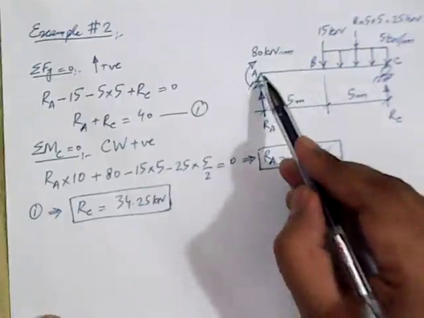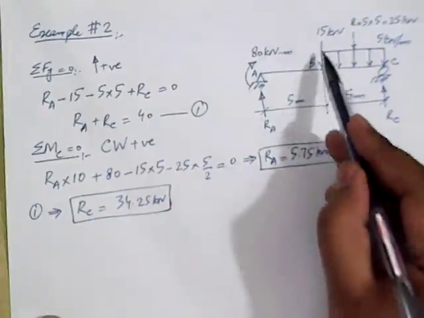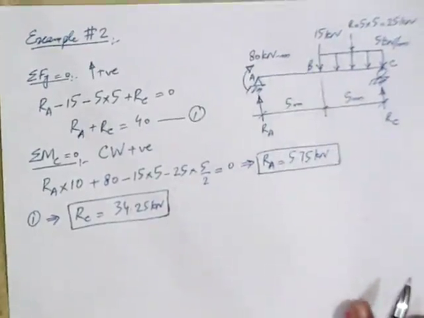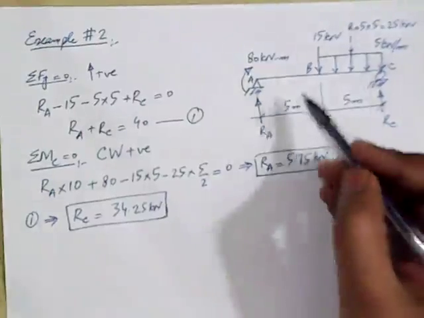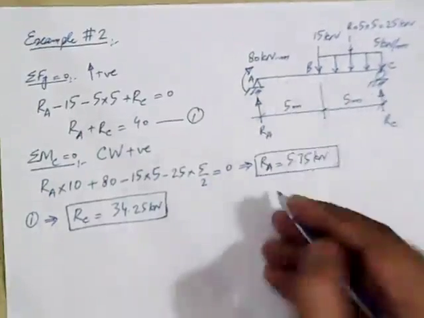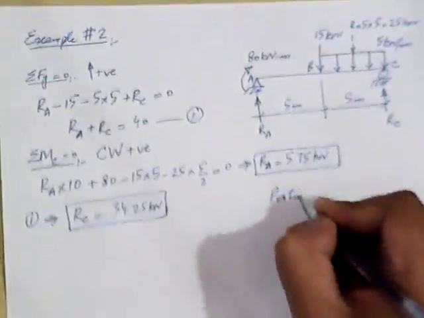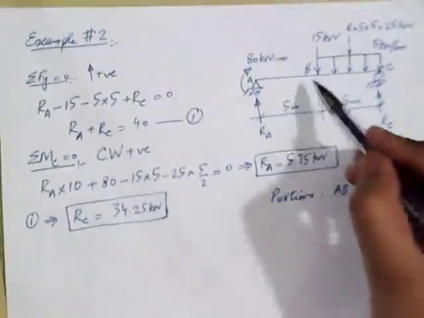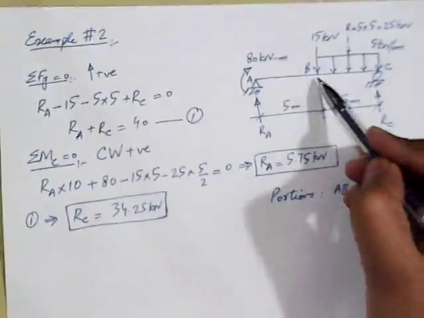As we move in rightward direction, we reach point B. At point B we have a point load acting. So it means that this point B should be a dividing point between first and second portion. So our portions will be, first portion should be AB, because we have a variation in loading at point B, and then from point B